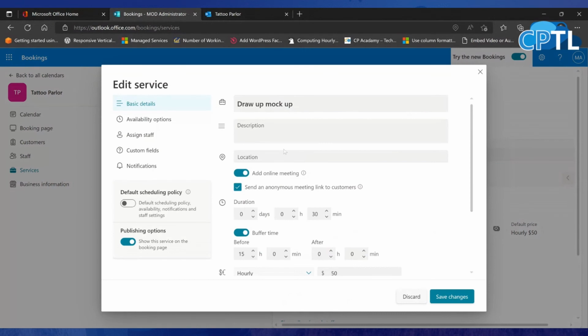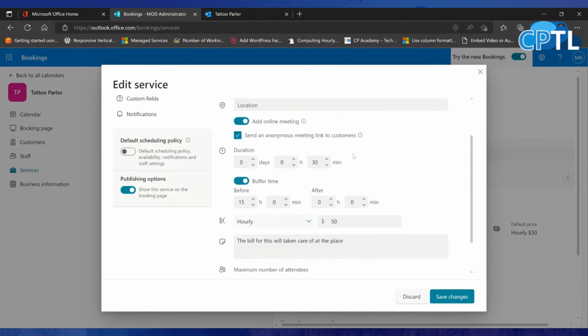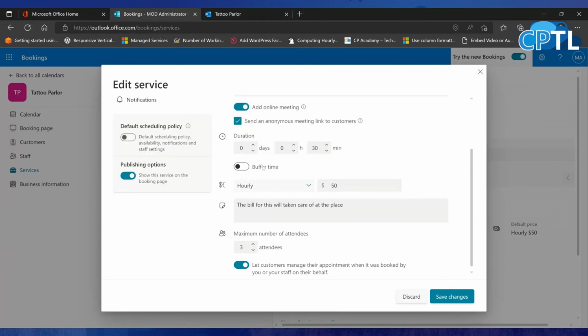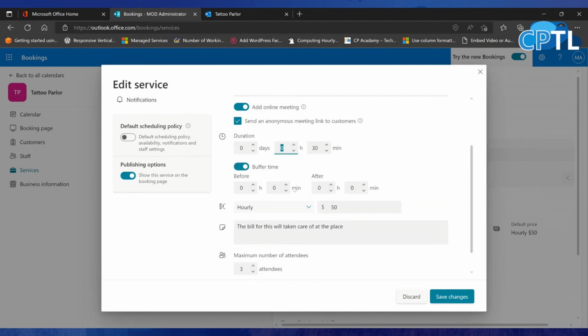Design mockup. Let's see. 15 hours. That's why I put in a buffer time of 15 hours when really I wanted 15. Oh, that's 15 days. And there's hours. And oh my gosh, guys. This is the duration, a 45-minute duration. And what's your buffer time? I want a 15-minute buffer time so that if I get there early,